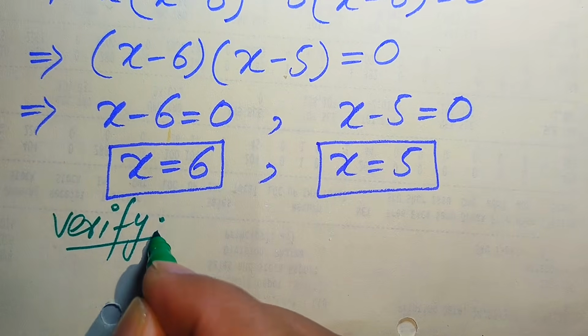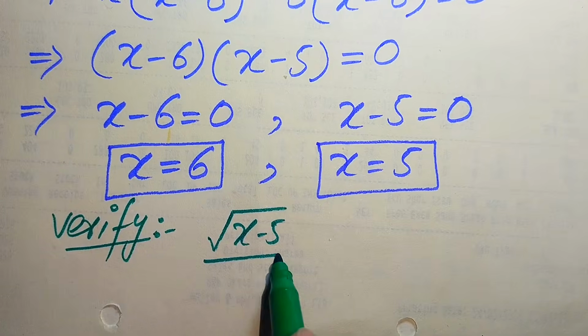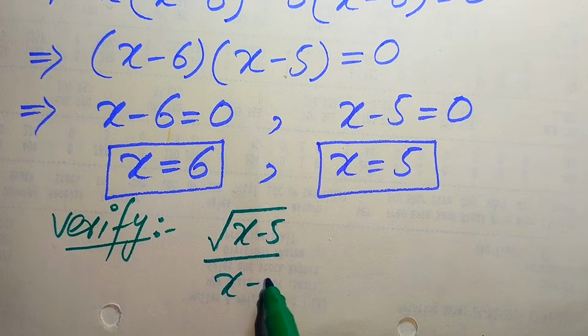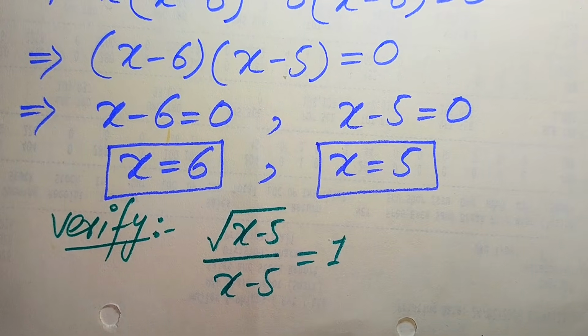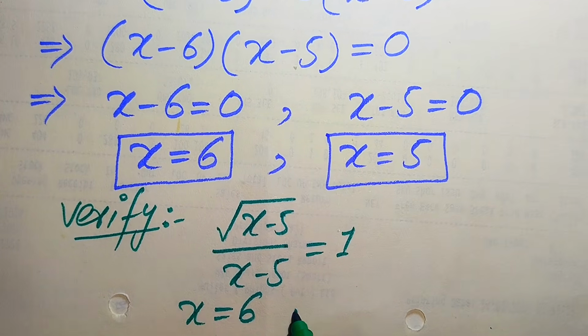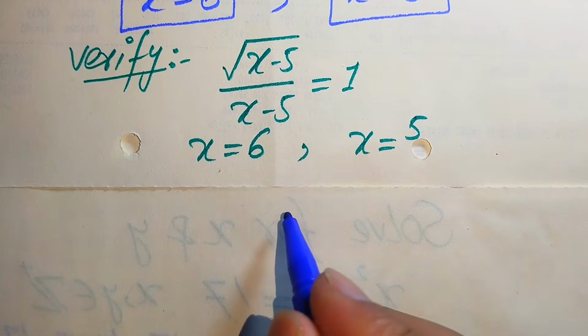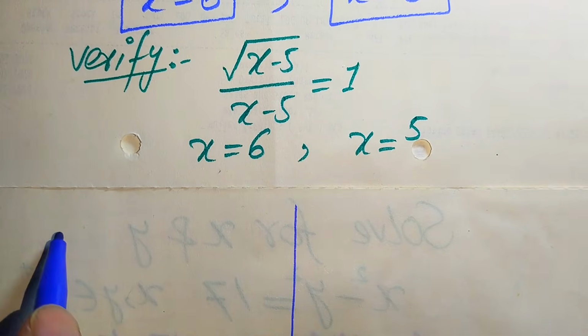So for verification of these values we need to copy down the given question statement. Here it is: square root of x minus 5, divided by x minus 5, is equal to 1. On this side we will verify x equals 6, and on this side we will verify x equals 5. So when we substitute x equals 6